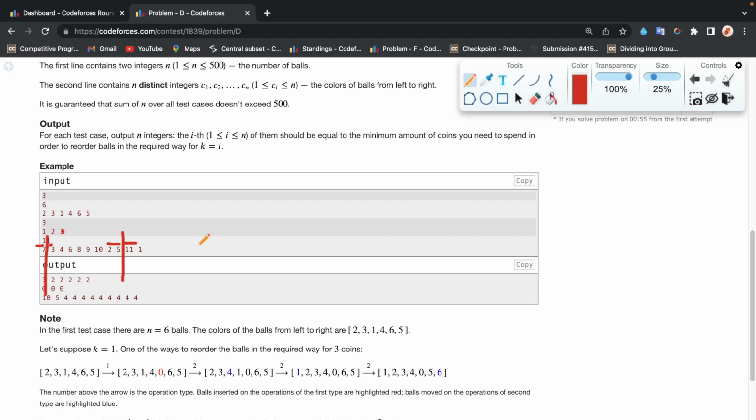Everything else will be sorted. Everything else is sorted. I want to pick this,